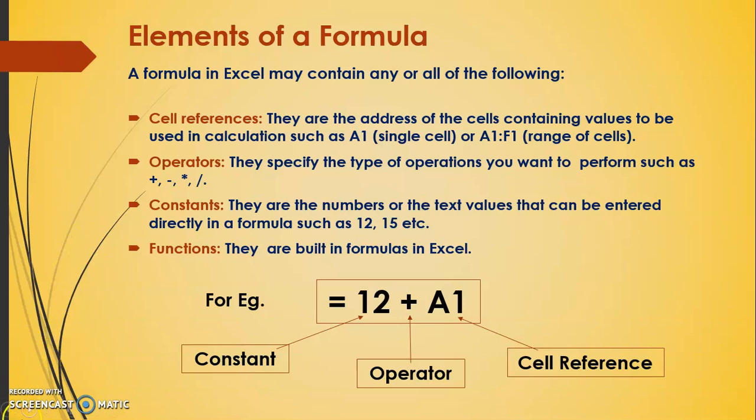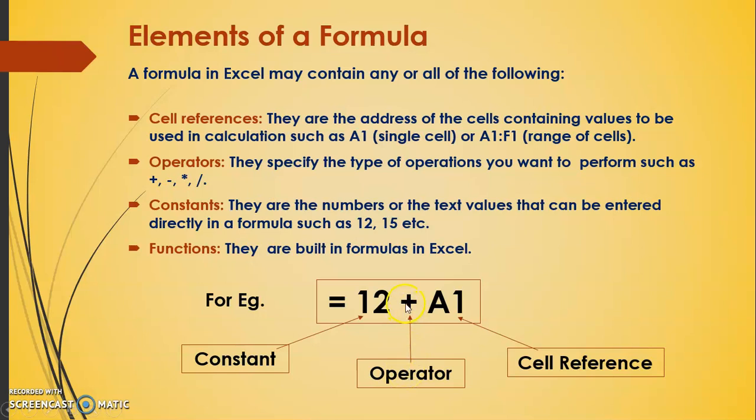Coming to the point over here, you can see I have given you one example, equals to. Now see, first what I am writing is equals to. Now this means that I am going to begin a formula. It is not any entry. मतलब नंबर एंट्री नहीं है, अभी एक फॉर्मूला स्टार्ट कर रहे हैं. So what it is, equal to 12 plus A1. अब यहाँ पे देखो 12 means it is a fixed number, so it means a constant value. 12 is a constant value plus A1. Plus is what, your mathematical operator.